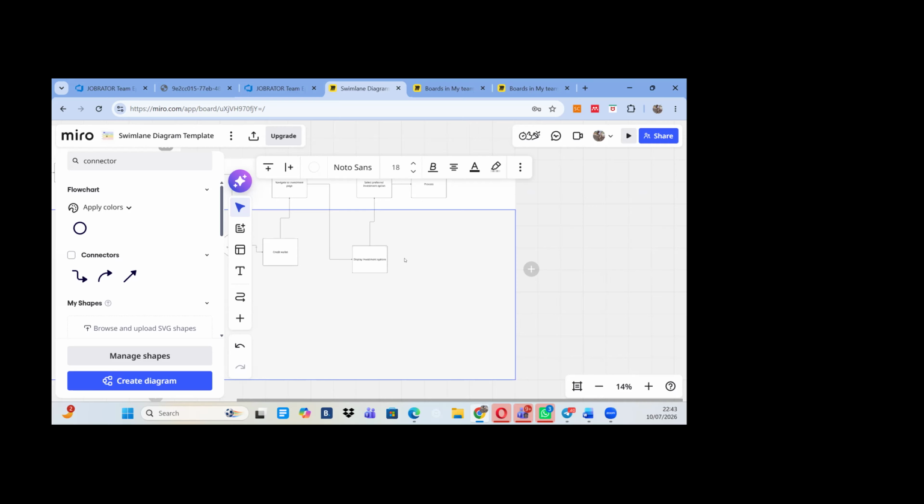The process map is more of a user journey, how there's interaction between the system and the user. Also, the wireframe can do that, but it's more of a prototyping, like a drawing, a sketch of